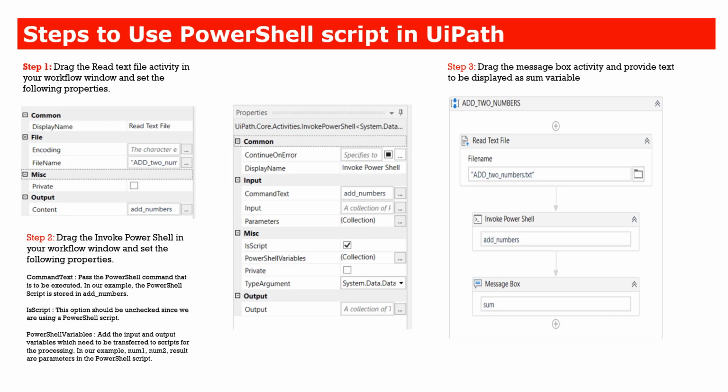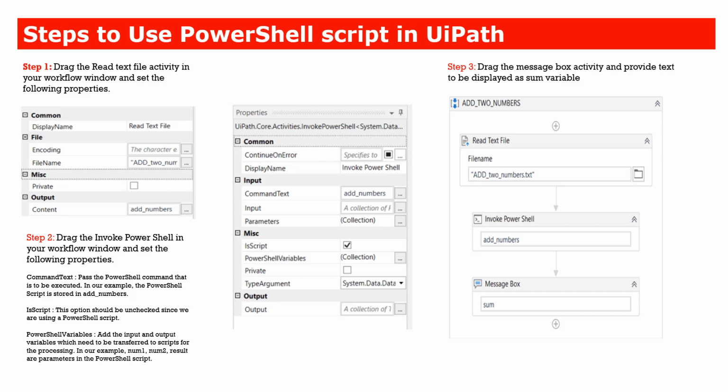Then you also need to define PowerShell variables, which are nothing but arguments, as we discussed in the previous example when we were invoking VB.NET and C# code. How should we give input and output to the PowerShell? We can use the PowerShell variable collection to give the input and output the same way that we did for invoking C# and .NET code. I'll showcase it in a working example, so don't worry about it. After step three, I'll go to UiPath Studio and quickly build a program and show you how you can work with that.